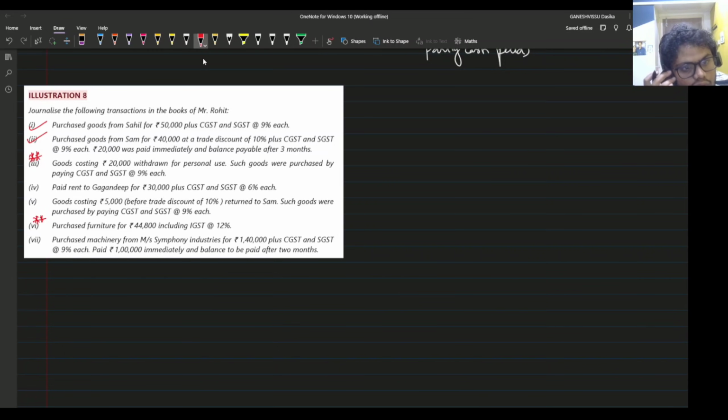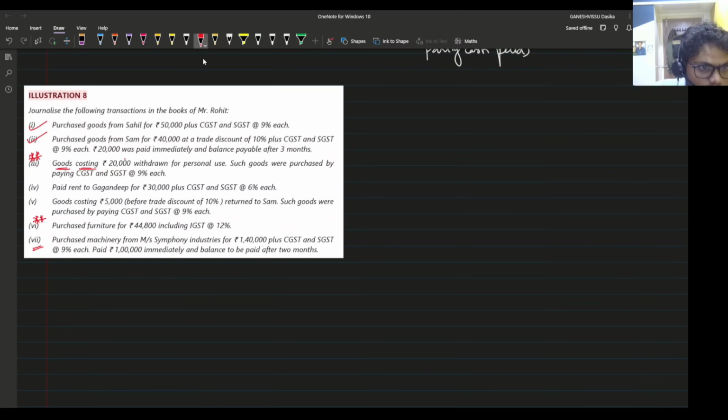Okay, and of course, the sixth transaction is also the same as the second one. Let us see at the time of the sixth transaction. Very simple only. But let us see the third one. Okay, the third transaction is